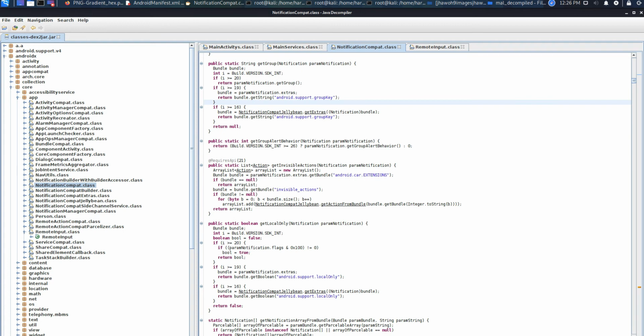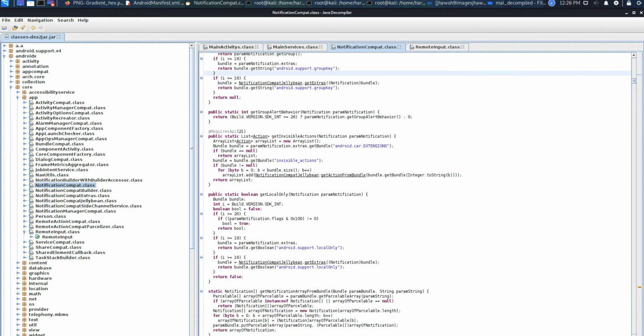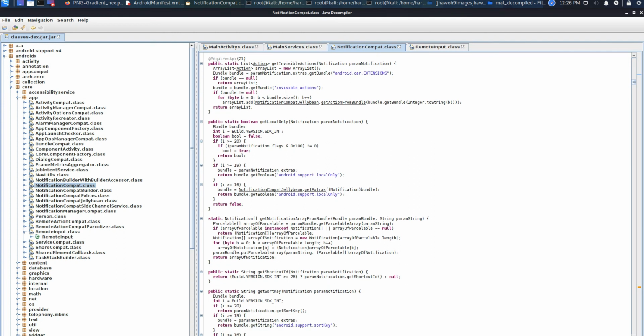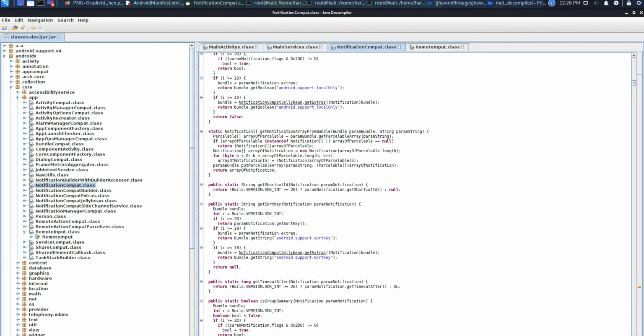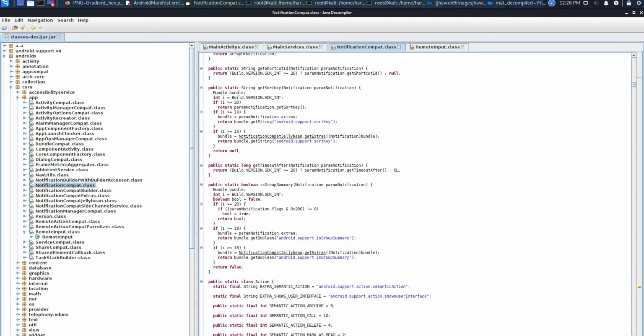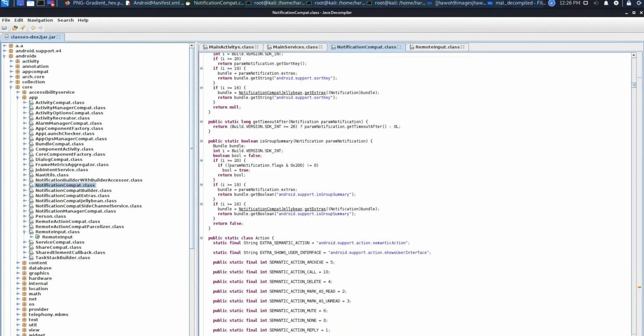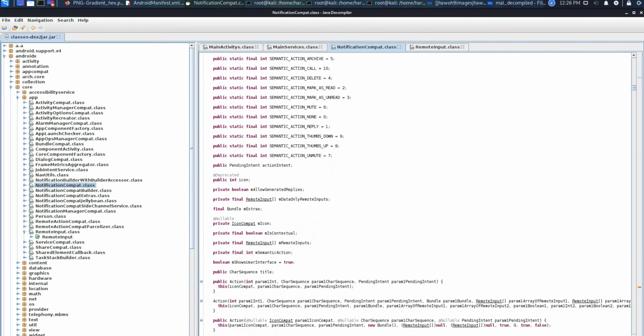From the invisible actions, you can see that if it is Jelly Bean, he can do this. And local only, maybe he is passing from one application to the second application. Okay, all these things he is doing in the notification section.